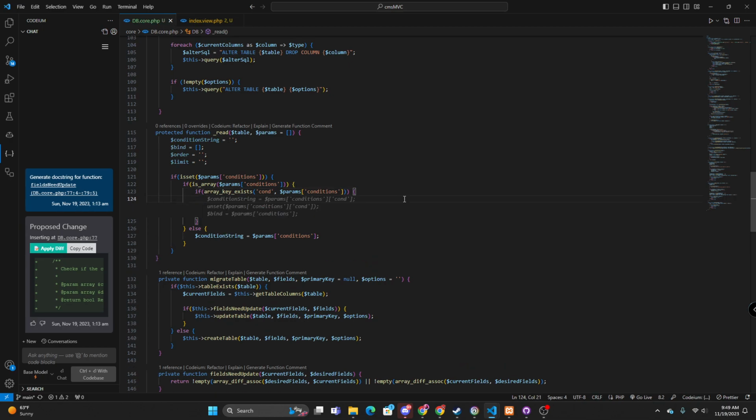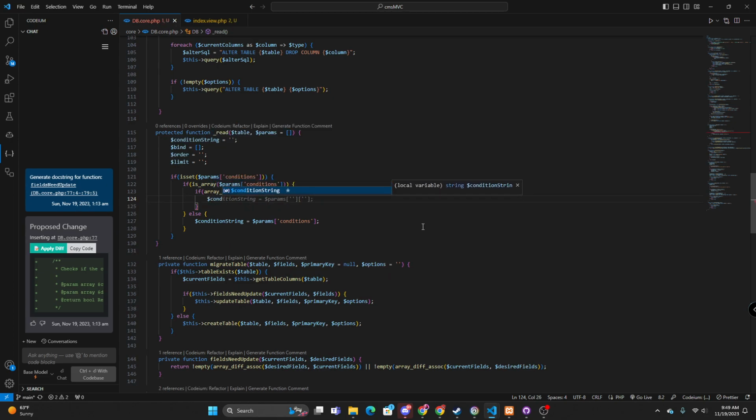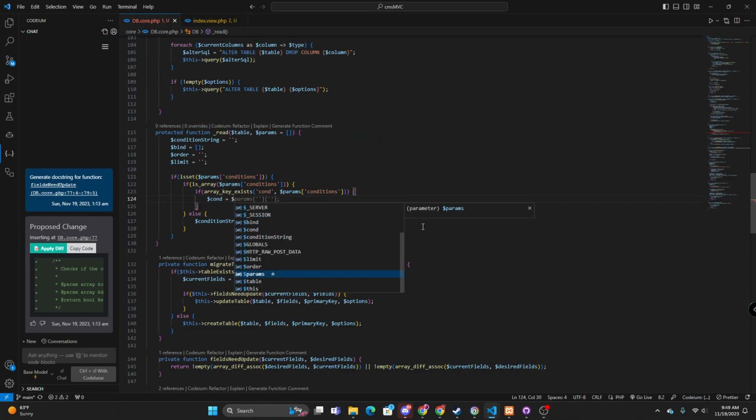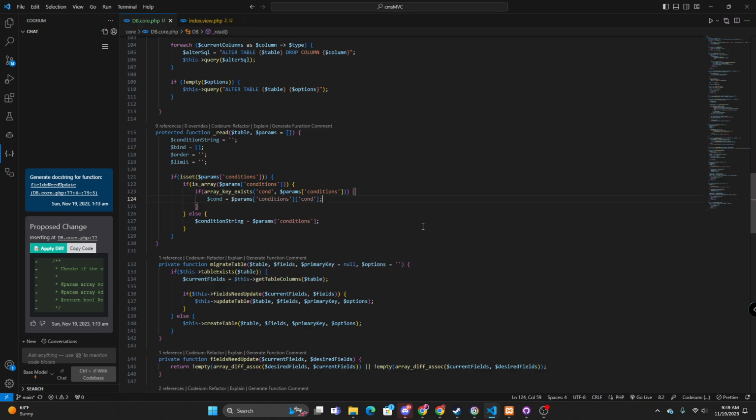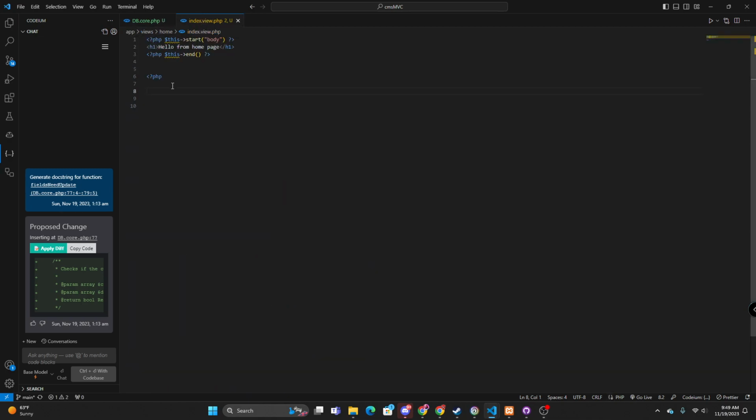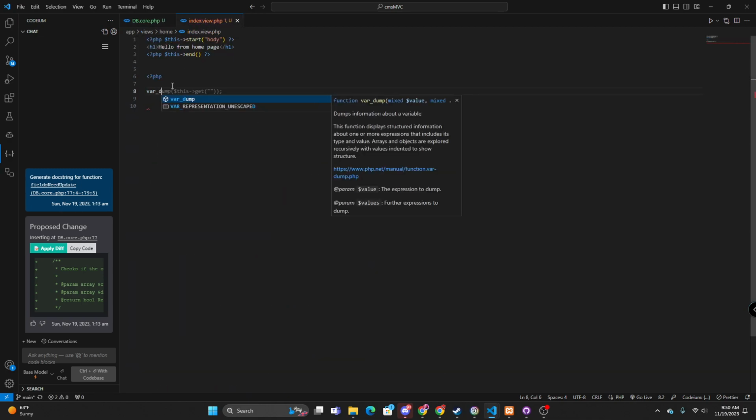So if the array key exists con, we're simply going to say that $con is equal to, and then $params. No, not params. Yeah, params, $params conditions con. So what this will do is when we create a method, it'd be something like